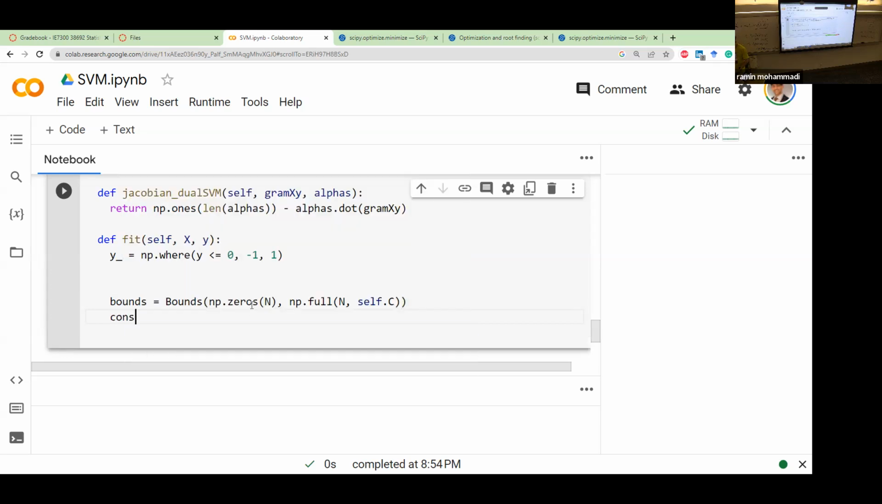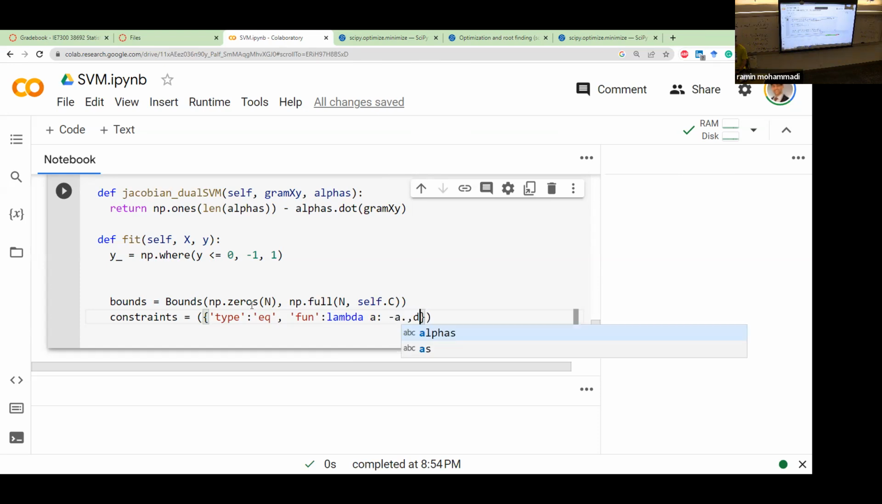So that's bounds. Then you're going to create constraints. All we want to do is create this dictionary. It has 4 terms: type, function, and Jacobian of the function. So type was equality, right? Then it tells you what function you are solving. The function was minus the summation of alpha i, yi equals 0, right? If we need to write a function there, the easiest way is to use lambda, so we can say lambda a equals minus